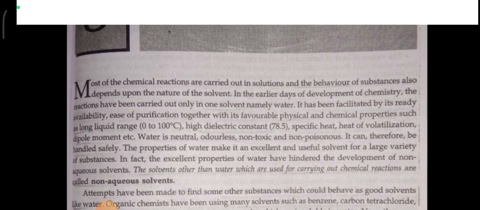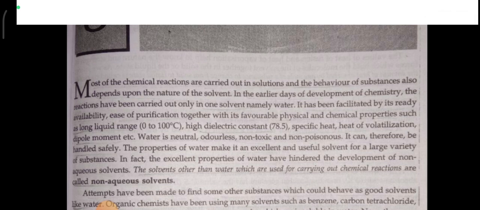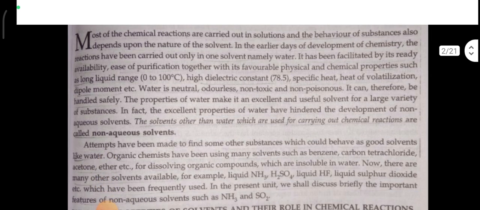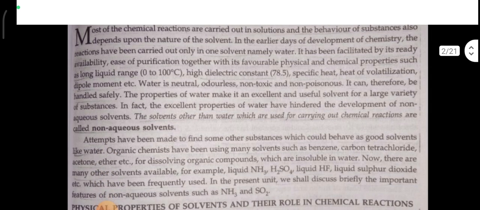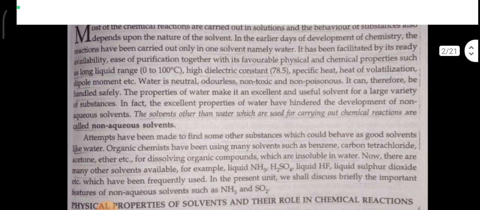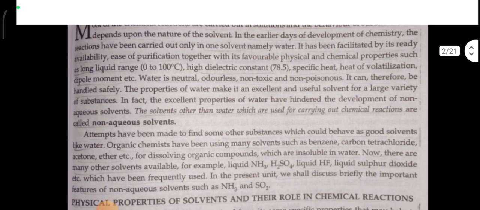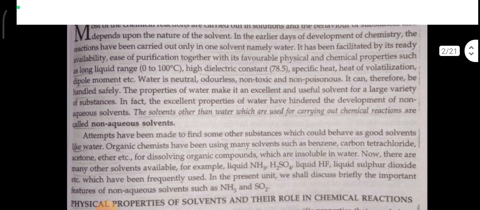Most of the chemical reactions are carried out in solutions, and the behavior of a substance also depends upon the nature of the solvent. In the earlier days of the development of chemistry, the reactions were carried out only in one solvent, namely water. It has been facilitated by its ready availability, ease of purification, together with its favorable physical and